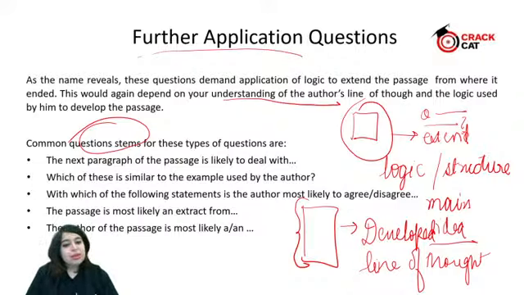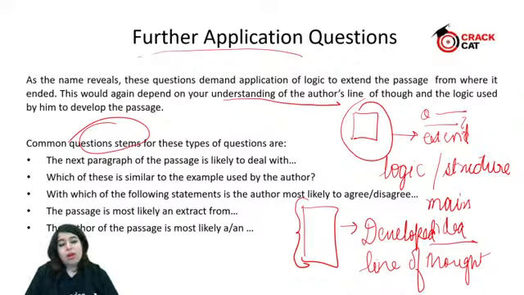It says, which of these are similar to the example used by the author. So an example which is mentioned in the passage is being used to identify among four different options which are completely unrelated to the passage. You just have to see which of the following options is an example similar to the example stated in the passage. More or less, you are just using the knowledge from the passage to answer a question which might not necessarily be coming out of the passage. So it becomes tricky for a few, but trust me, it is not that difficult. You can easily target it if you have the right trick and technique.